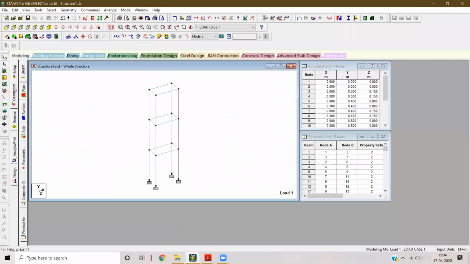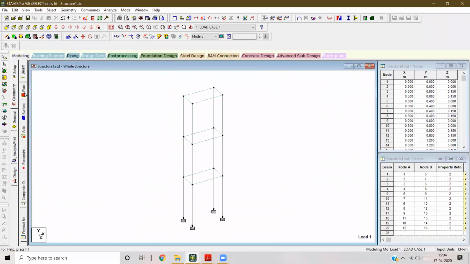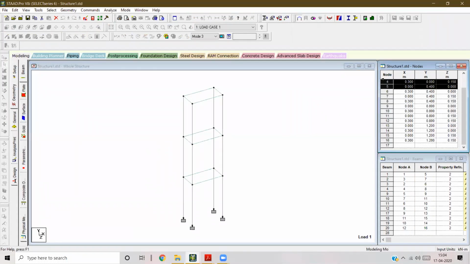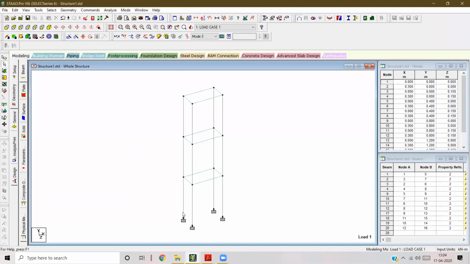So first thing you do is modeling geometry. Okay, you enter the coordinates for all the nodes. So what I did is I did not create the nodes for all the stories. First, I created only these four nodes. Okay, the bottom four nodes. So if I take one of them as the origin, the other will be at a distance of 300 mm along the x-axis, 150 along y-axis. Similarly, get these four nodes.